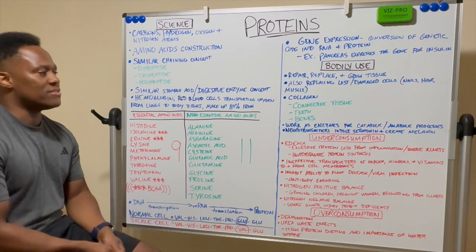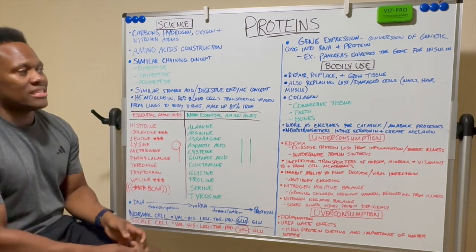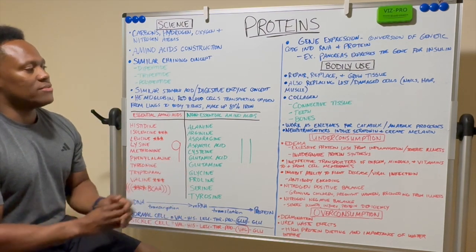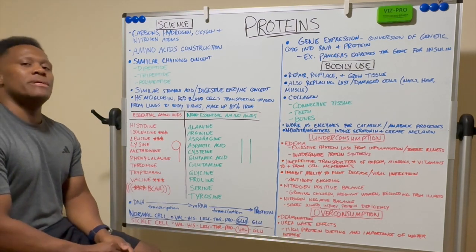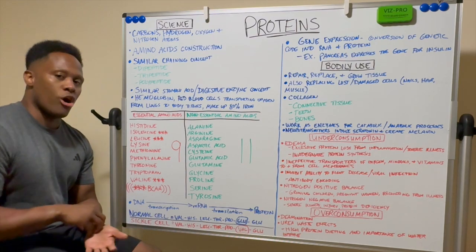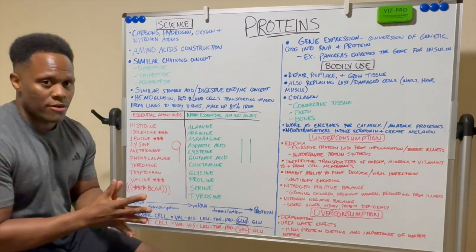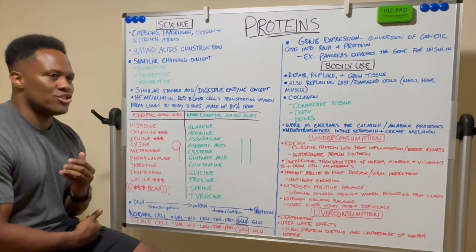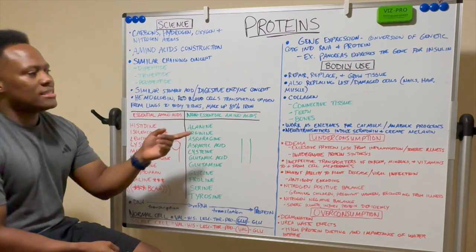They help with connective tissue and things like that, which is where collagen comes into play. So collagen is a type of protein that actually helps with connective tissue and constructs bones and teeth. Connective tissue being, say, when you cut yourself, you end up with a scar, right? Well, that's what that is. Collagen helps repair the tissues when you cut yourself or get a scrape or something like that. So connective tissue is good for scars, ligaments, tendons, and then teeth and bones.